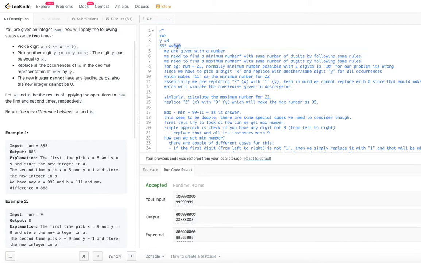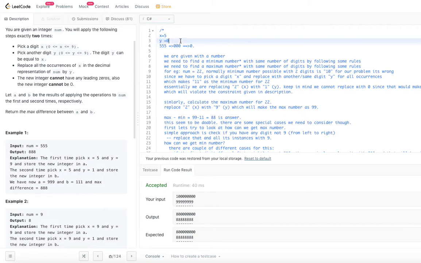This has leading zeros, and whether it is 3 zeros or 2 zeros, it becomes 0. So you cannot make y equal to 0. 0 is a wrong choice.